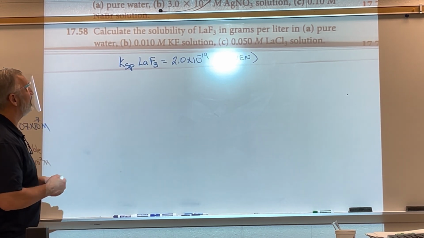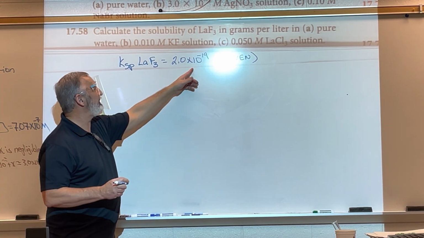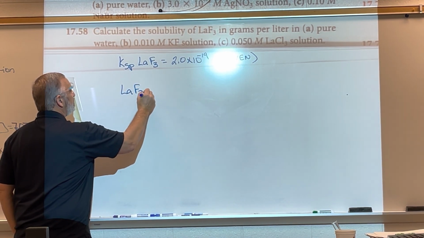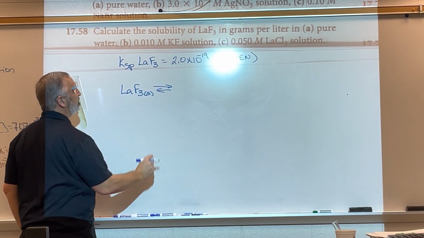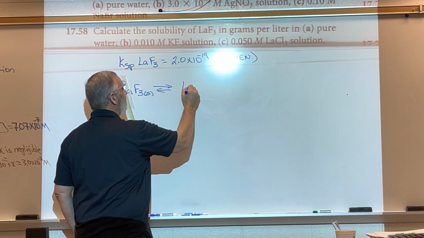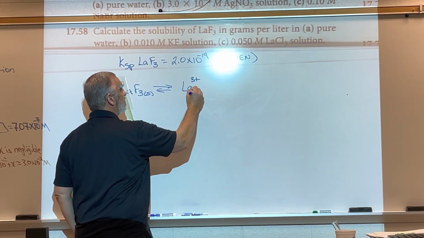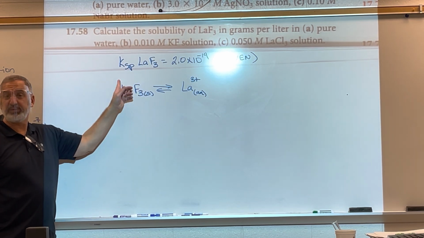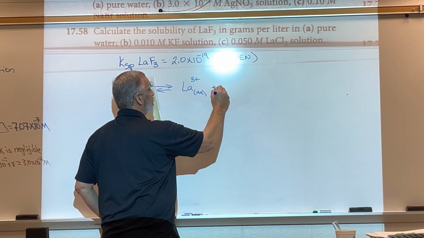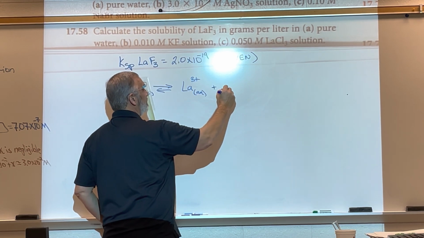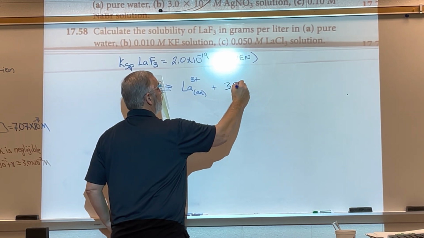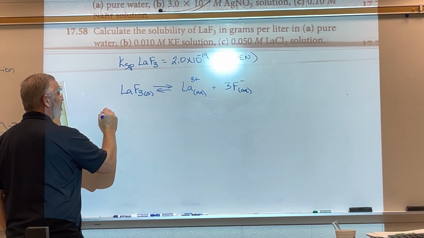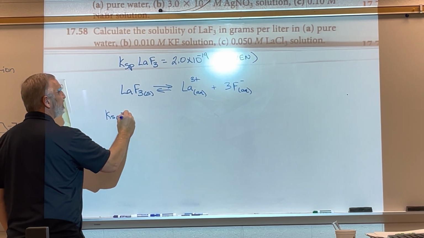Because this is a good common ion type problem. So when I look at this, I had the Ksp given. We found this in the back of the book. Ksp, well, what is the LaF3? What's it going to dissociate into? La3+. I know that because it's F-1, so it's -3, +3. And then what? How many? 3 F minuses. All right, so my equilibrium expression, Ksp, is going to equal